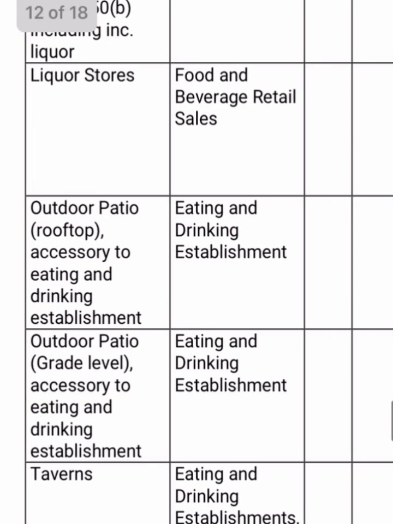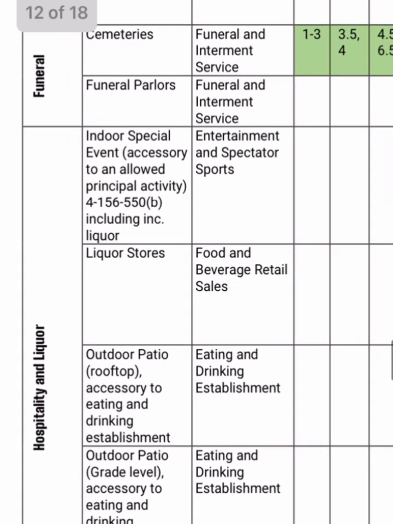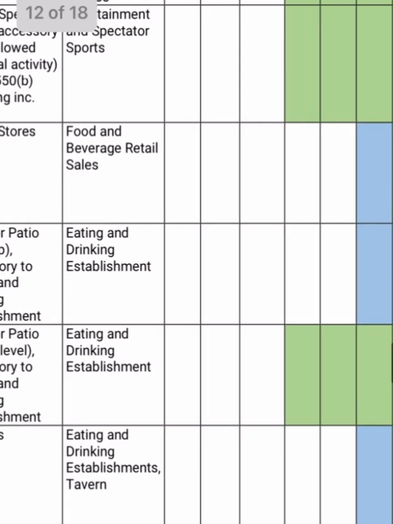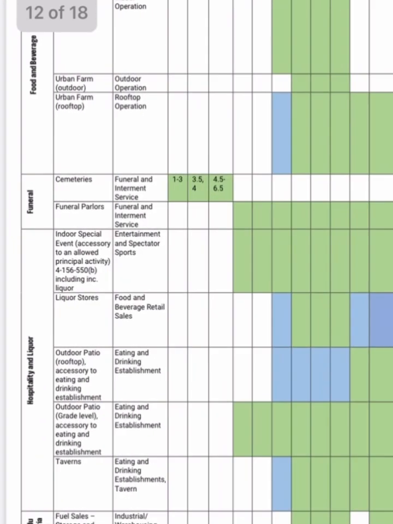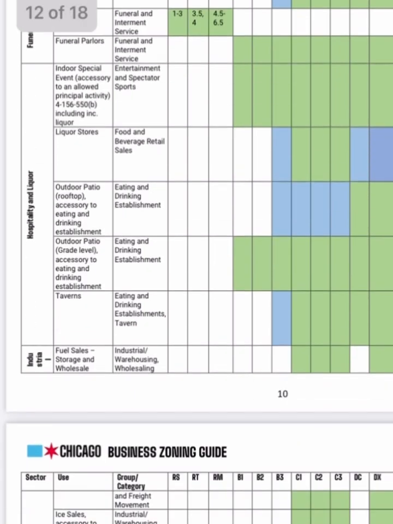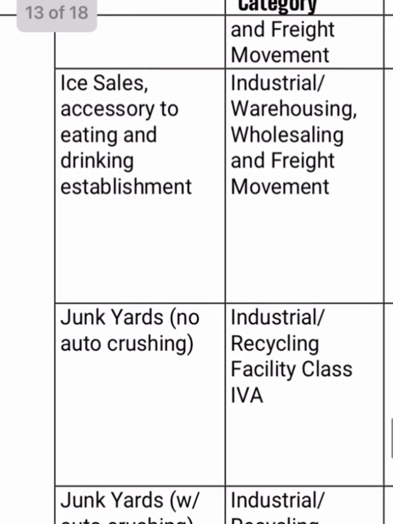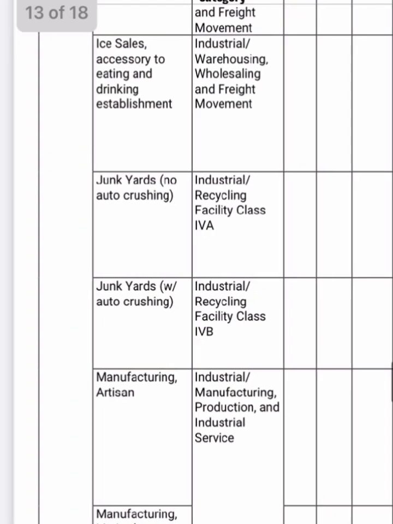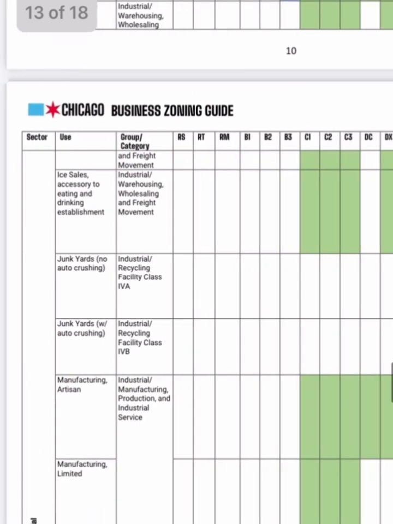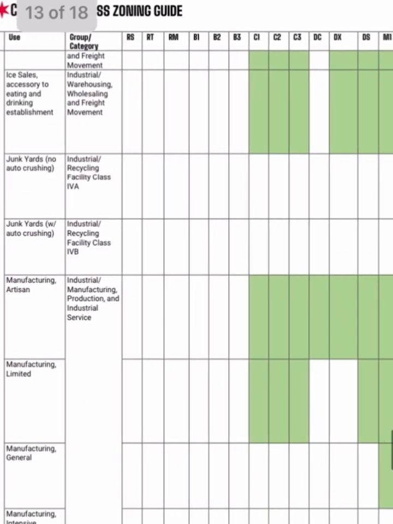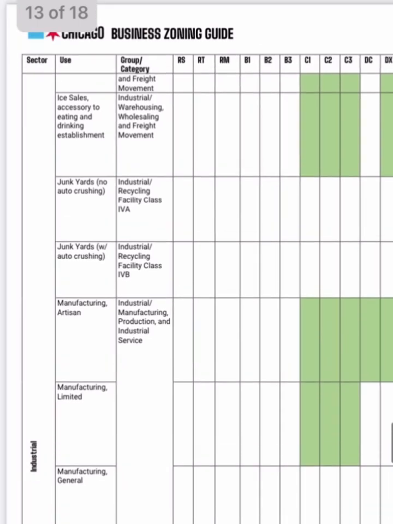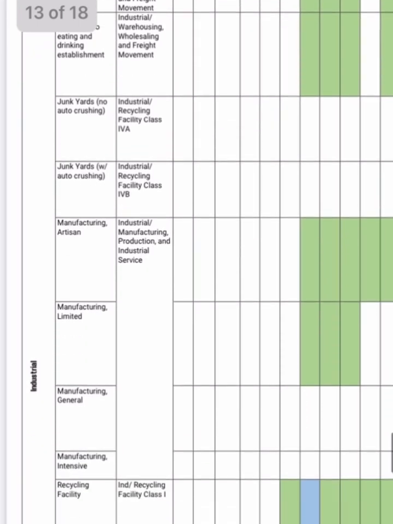Hospitality and liquor, we want to be able to have corner bars. In fact, there's a lot of those in residential areas. What you want to do is have a rule that says you can't have more than 1 per block or two per 3 blocks or something like that, but don't just arbitrarily limit it just because they're called a tavern. It doesn't make sense. That's an amenity that people enjoy and the market can set. Now, junkyards, absolutely, those are too loud. Even Jane Jacobs specifically calls those out as being a little bit of a nuisance, kind of like a gas station. You want that a little bit separated.